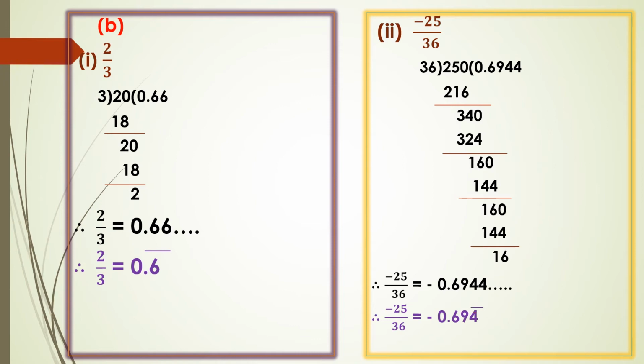Clear, children? So when I give a number, suppose like this, 2.72 bar, then by seeing it here only you can tell whether it is terminating, non-terminating repeating, or non-terminating non-repeating. How? It is given a bar, which means there is continuity. If there is continuity, it is not terminating, it is non-terminating. One thing is confirmed, it is non-terminating. And here a bar is given, which means it is repeating, so I can say non-terminating repeating.